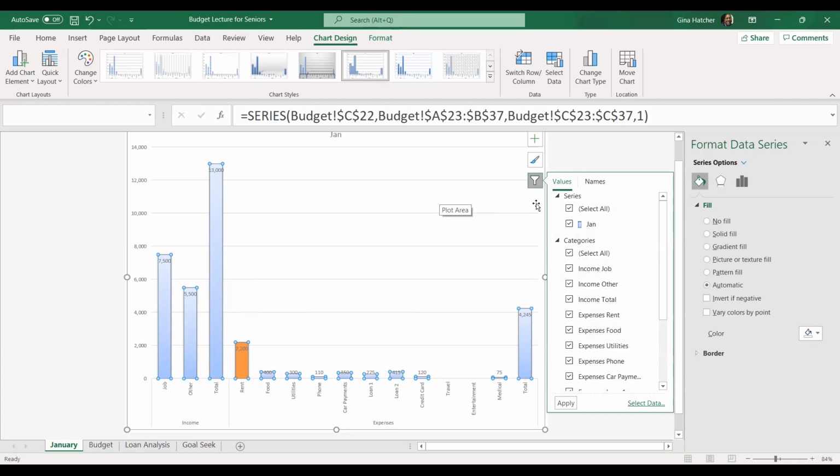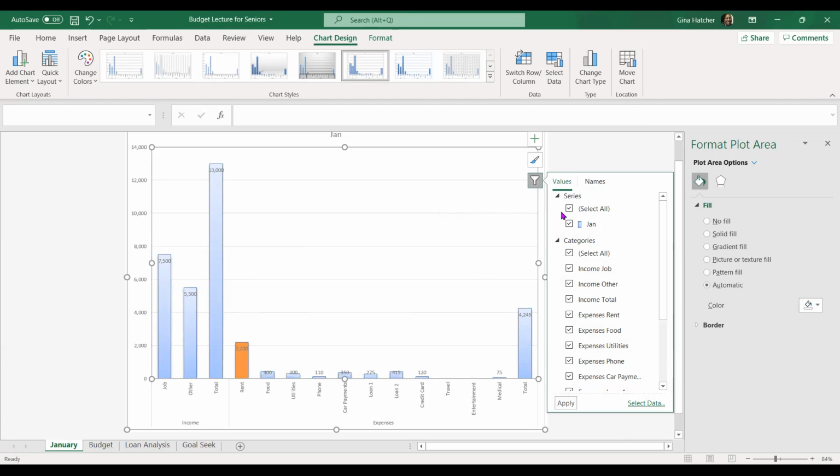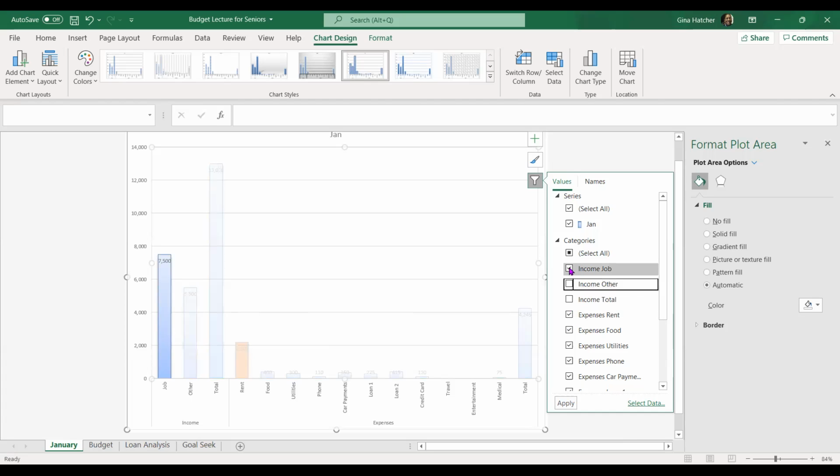But then you could put it back in if you wanted to change the colors of all the expenses. That'd be easier than doing each one individually. That's true. So if we wanted to filter out expenses or filter out income, let's take the income out